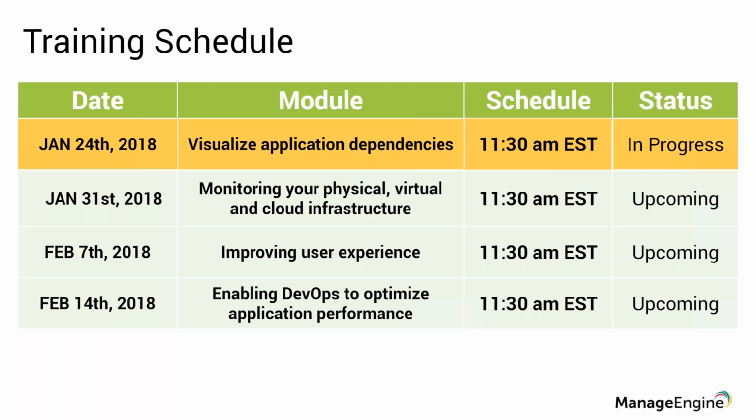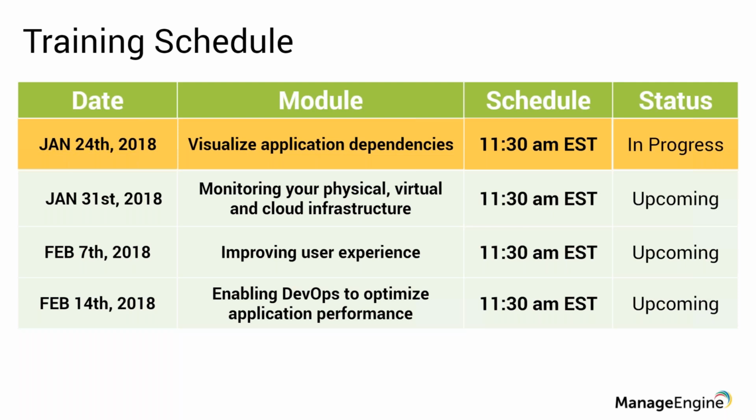And then in the third week, that is the 7th of February, we will try to explore how to help improve the user experience by analyzing the user interactions throughout a website. And then finally, we will try to help developers in your organization to optimize application performance by sharing some best practices of troubleshooting performance issues and then offering some code level insights so as to facilitate the troubleshooting processes for